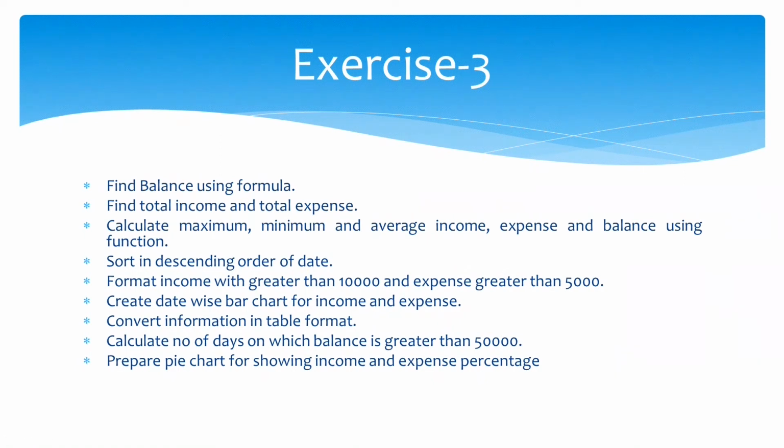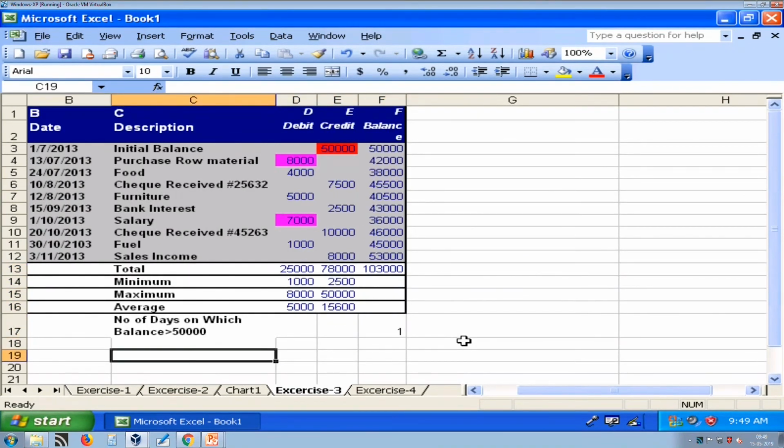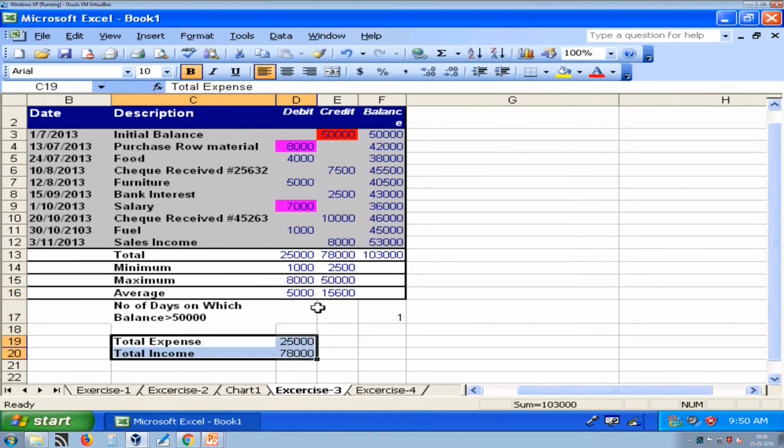Now we want to prepare a pie chart for showing income and expense percentage. So this is our total income and this is our total expense, and just write it down like this: total income, total expense.